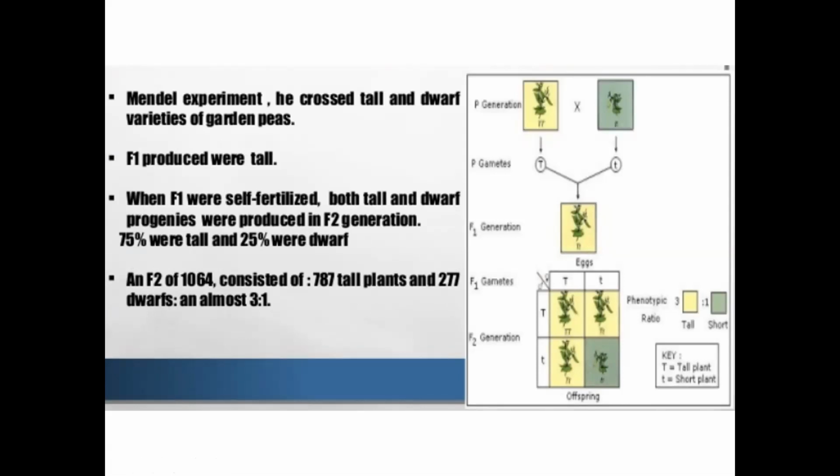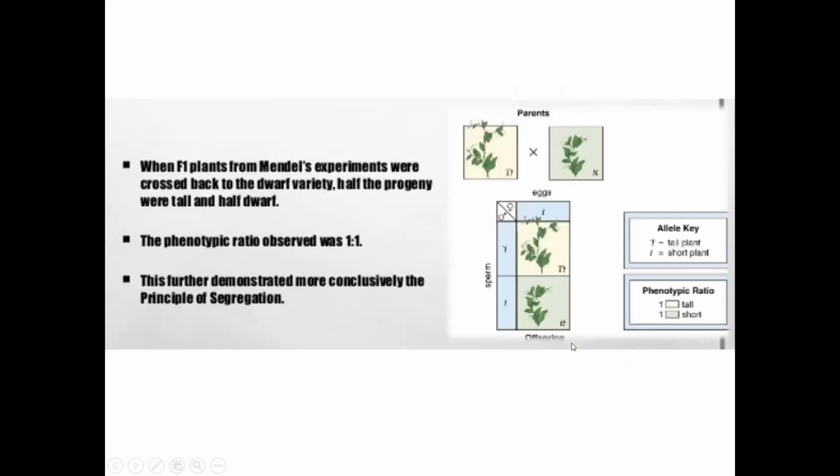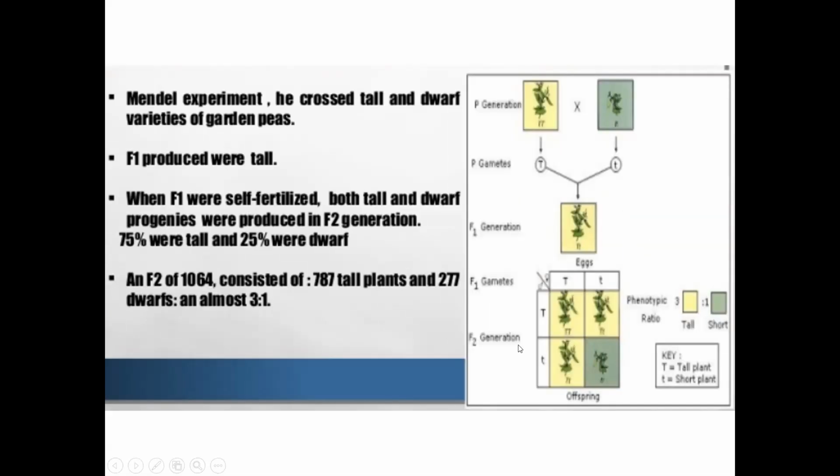You are multiplying the alleles, then you are getting capital T in the first quadrant, and then capital T small t in the second. In the third quadrant, the same, and the dwarf in the fourth. As capital T is present in three varieties, those will be tall, and small t will be dwarf. Okay. So the phenotypic ratio will be 3 is to 1. That means 3 are tall, 1 is short. And the genotypic ratio will be 1 is to 2 is to 1. It is not mentioned in the slide here. Genotypic ratio means how the genes are present. This is one type of gene, these are two, and this is the third one. So 1 is to 2 is to 1 is the genotypic ratio.